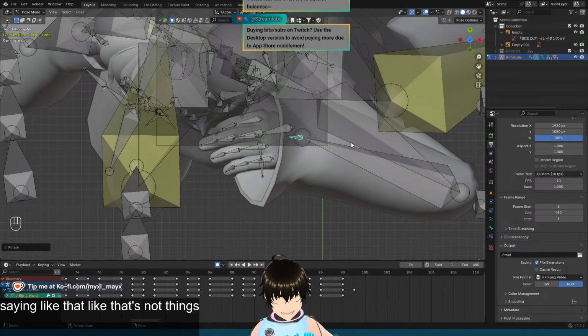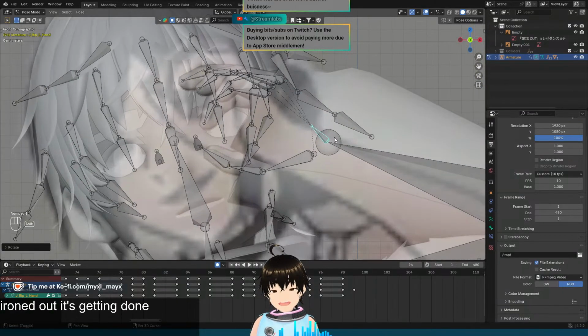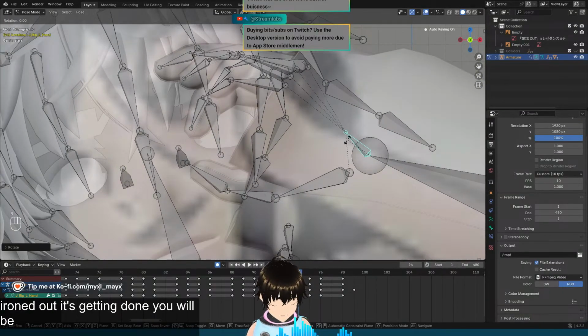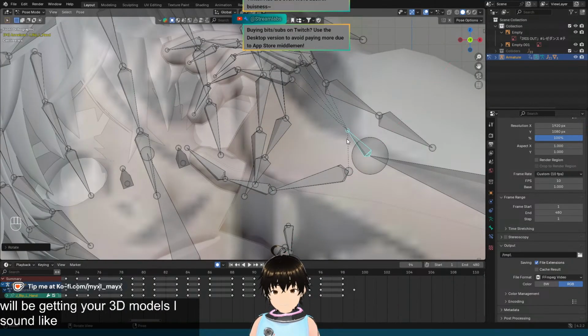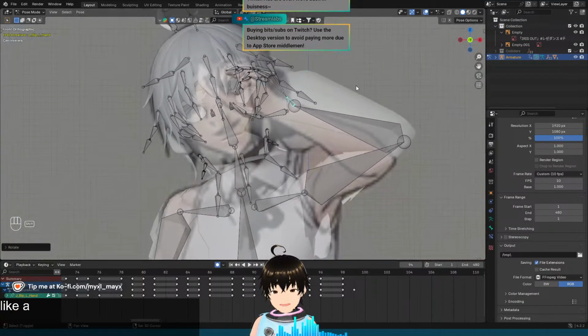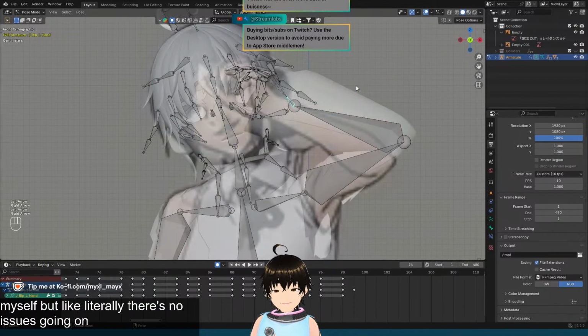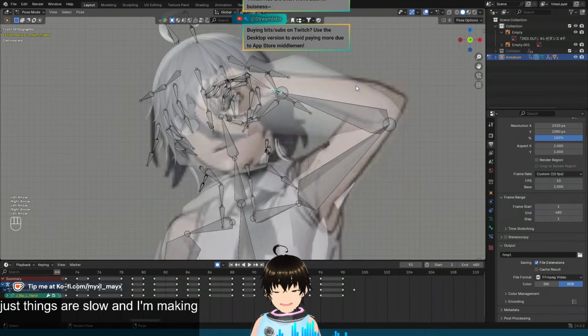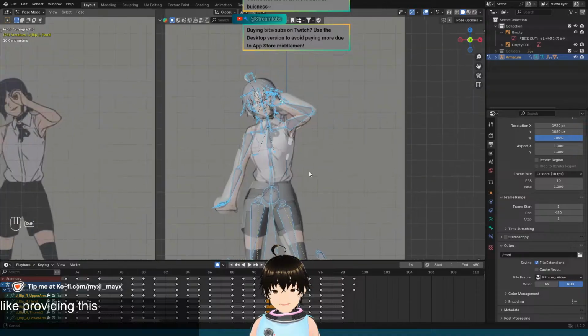Things are happening. Things are being ironed out. It's getting done. You will be getting your 3D models. I sound like I'm doing a PR thing. I'm trying to save myself, but literally there's no issues going on right now. It's just things are slow, and I'm making sure that I'm going through the proper channels before providing this offer to people. I think